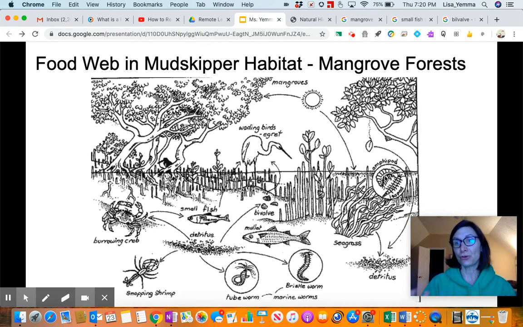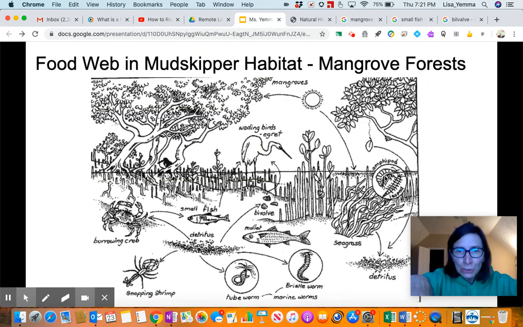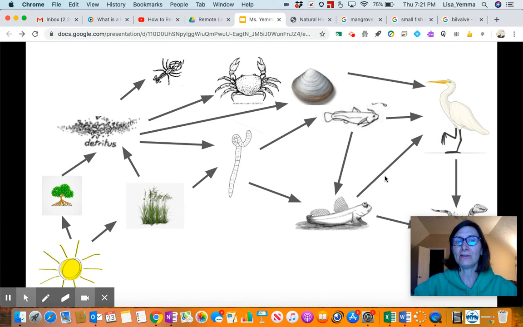So this was a great way for me to start, but I didn't like, number one, it doesn't have the mud skipper. And number two, I really wanted it to not include the water and all of that, even though my brain really liked seeing that. I wanted to go back to here is